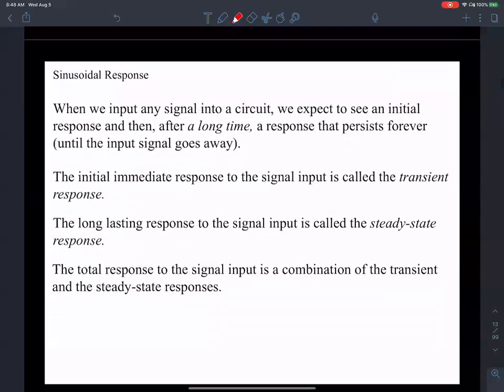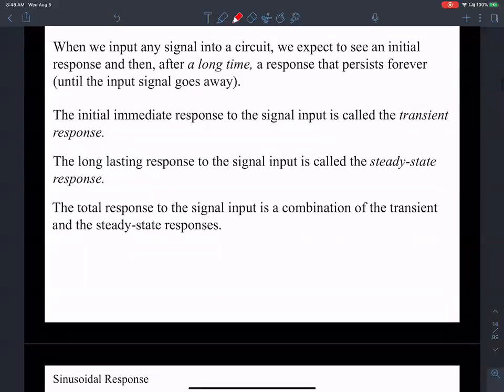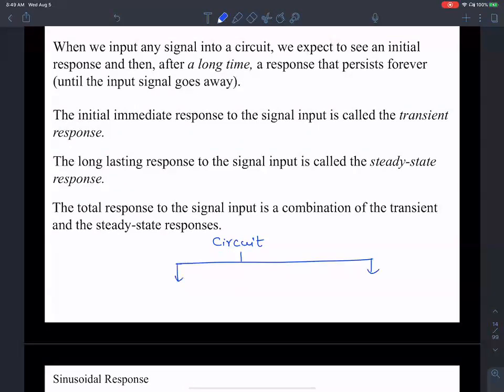Okay. So there are two parts to a response. There is a transient response and a steady state response. So whenever there is a circuit and I apply an input, the output